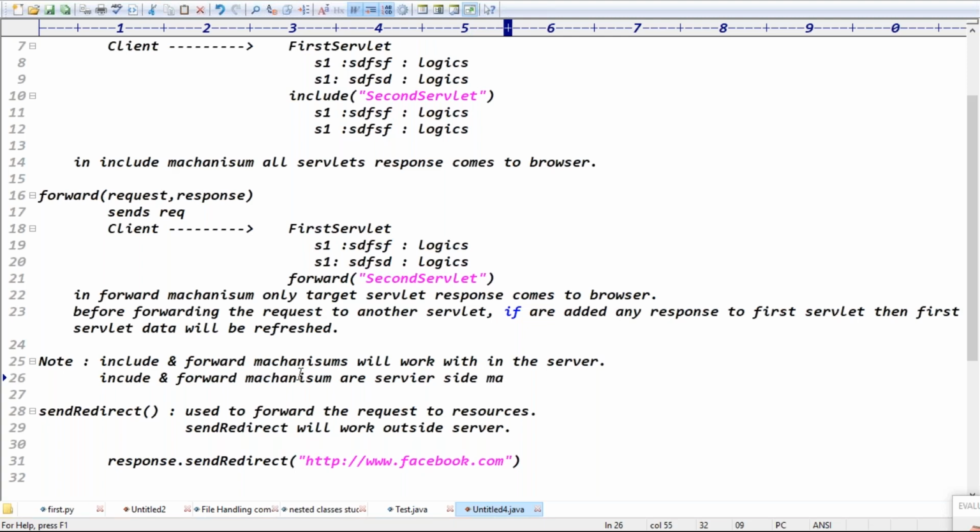Include and forward are server side mechanisms, guys. Exactly. What about send redirect, guys?